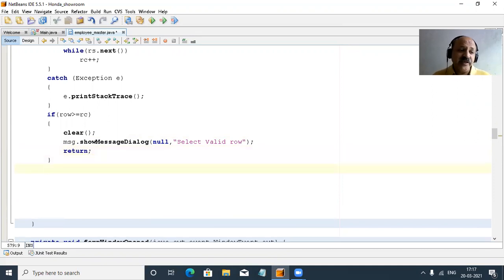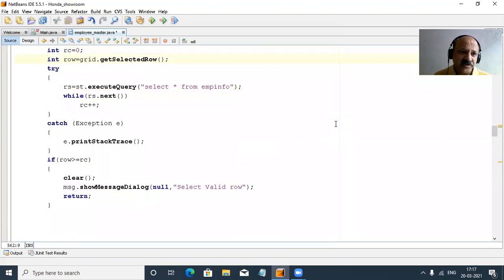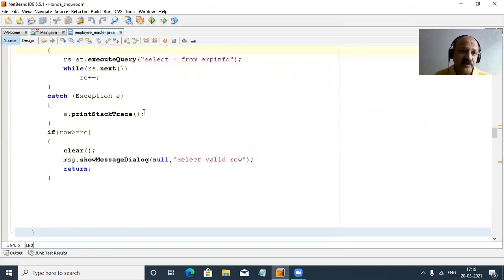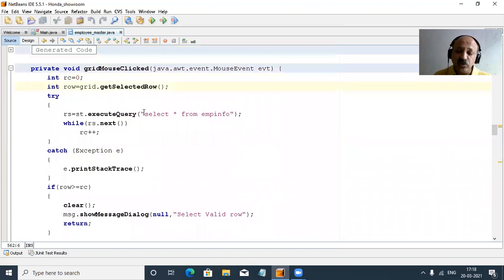Yes, now we can fill in the appropriate controls when the user selects a valid row. So that is just for validation. So what is the process? Let us check. First we can test this code only. If the user selects a blank row, it gives select valid row, meaning it is not a proper row selection. That is always my habit: we can apply some code, first check it, and then after that apply more code.